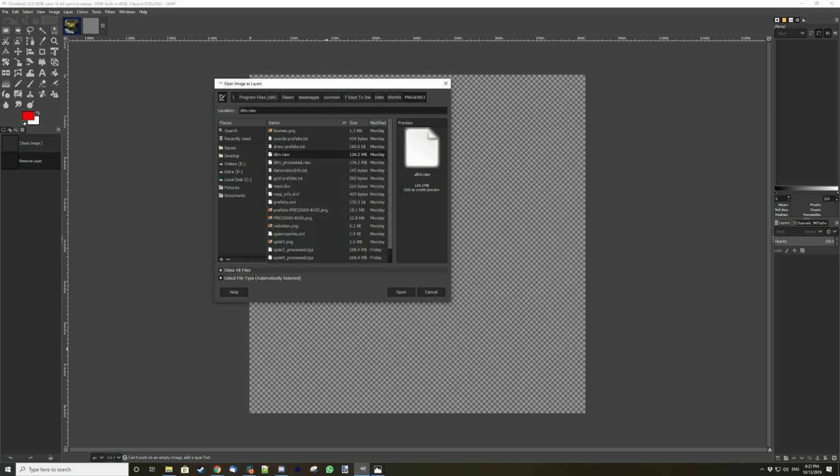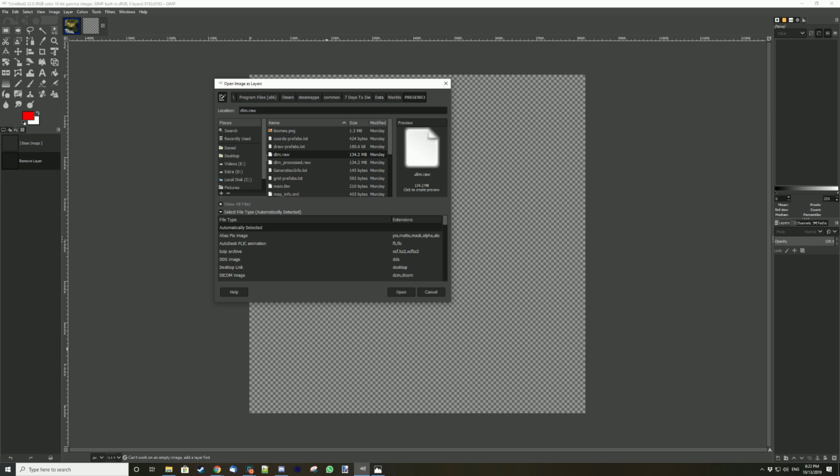So you do show all files so that dtm.raw is going to be displayed. And then you do select file type. On select file type, you're going to scroll down and choose raw image data. And the expected extension for this file is data, it's not raw. The raw extension is associated with,